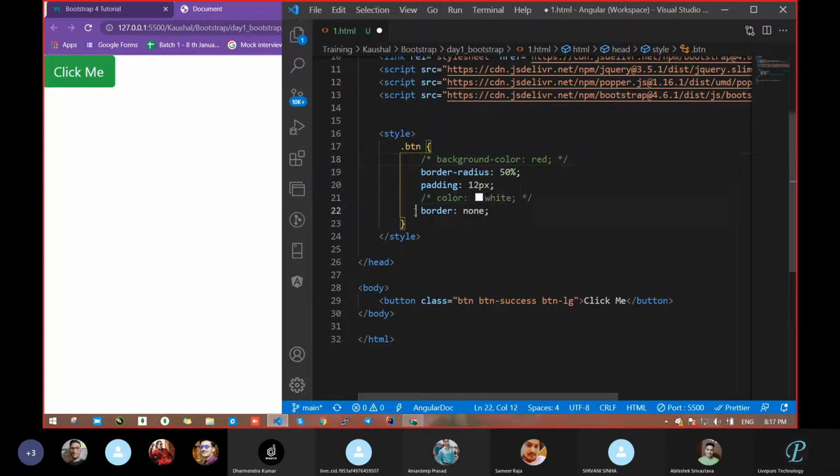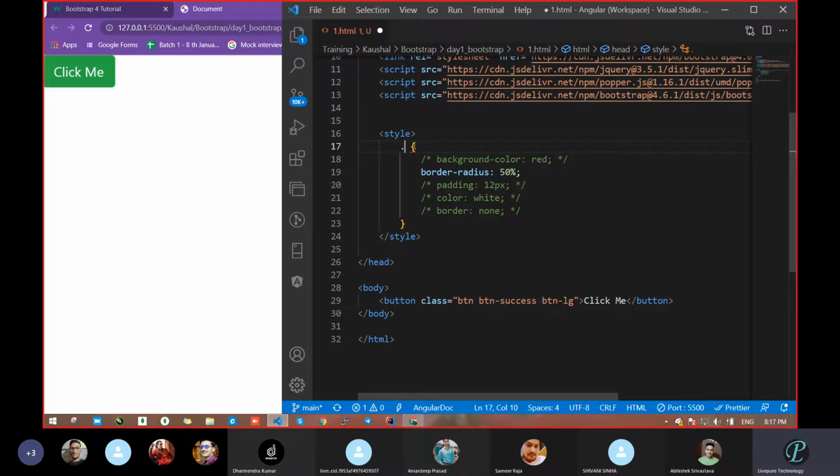Correct. We know that something is there in CSS, so we will add our style. But one best practice I will tell you: never use whatever class Bootstrap has as the reference for your style. Like btn is a Bootstrap class. By default, we know that this belongs to Bootstrap.